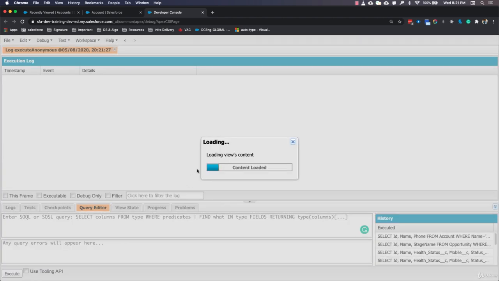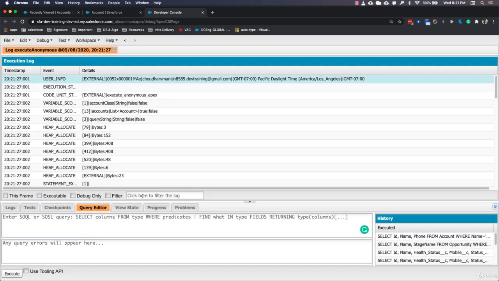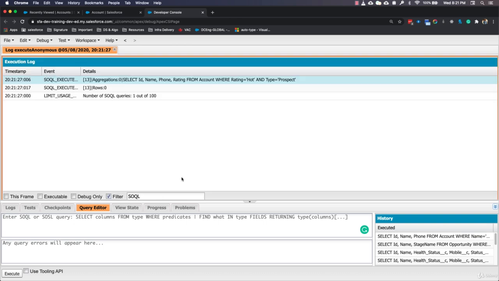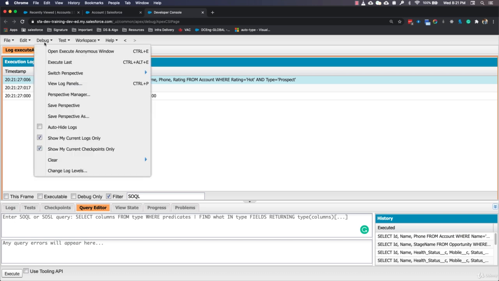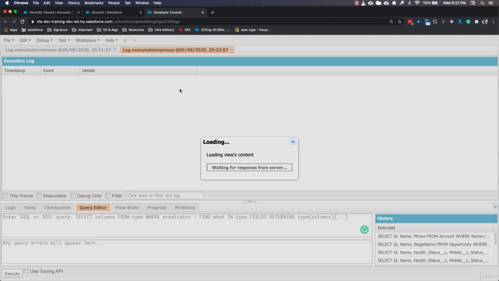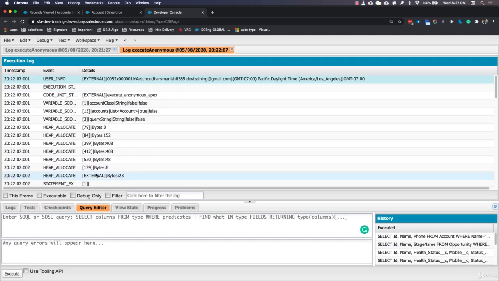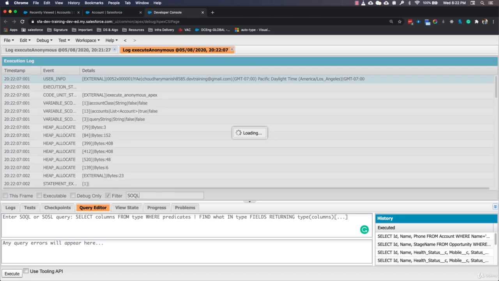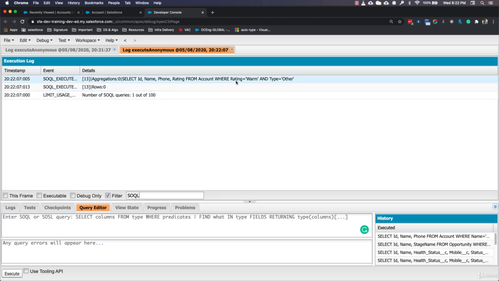Our code is working fine, and in our debug logs search for SOQL, and here you will notice that our query had a where condition of Rating equals Hot and Type equals Prospect, because accountClass is class1, but if you change it to class2 then the condition will change, and this is something that is being done at runtime. So let's filter out logs, and this time our condition is Rating equals Warm and